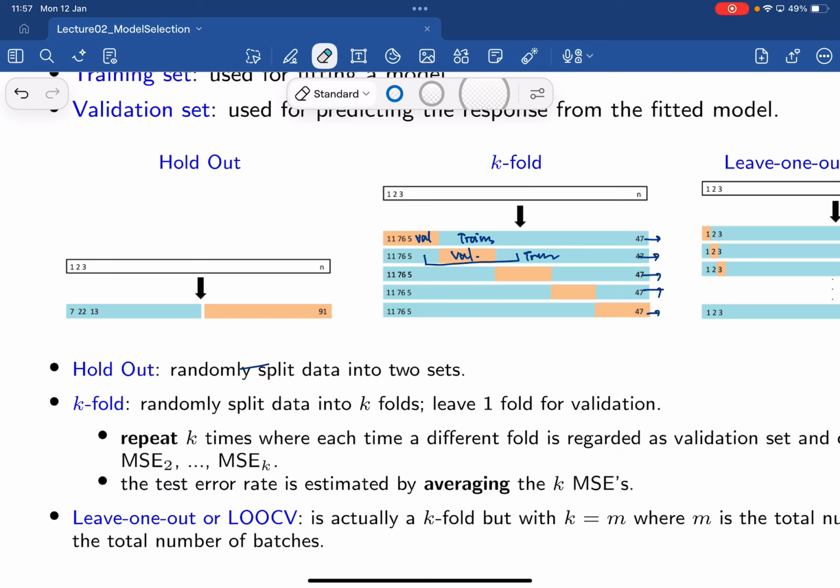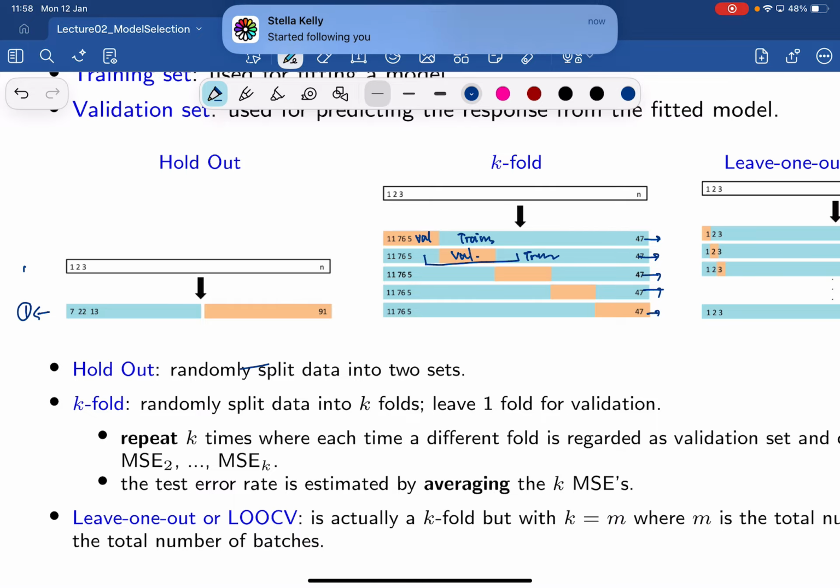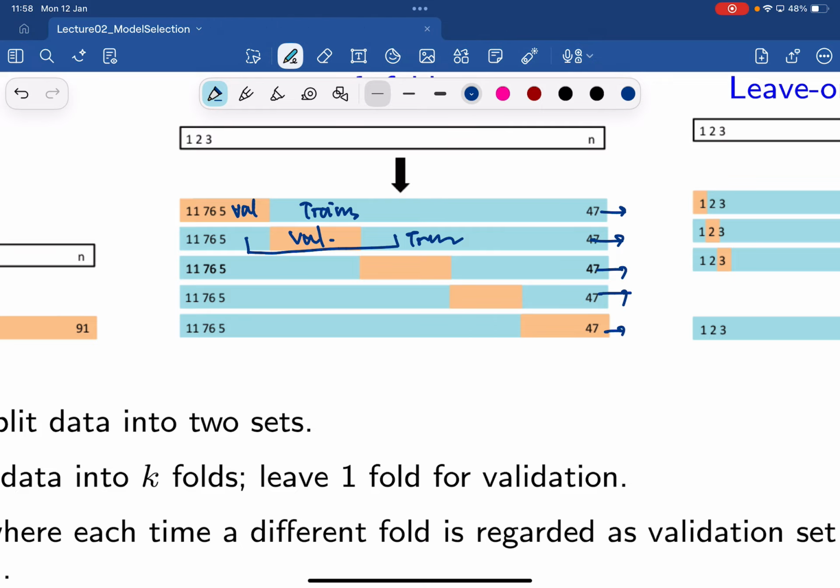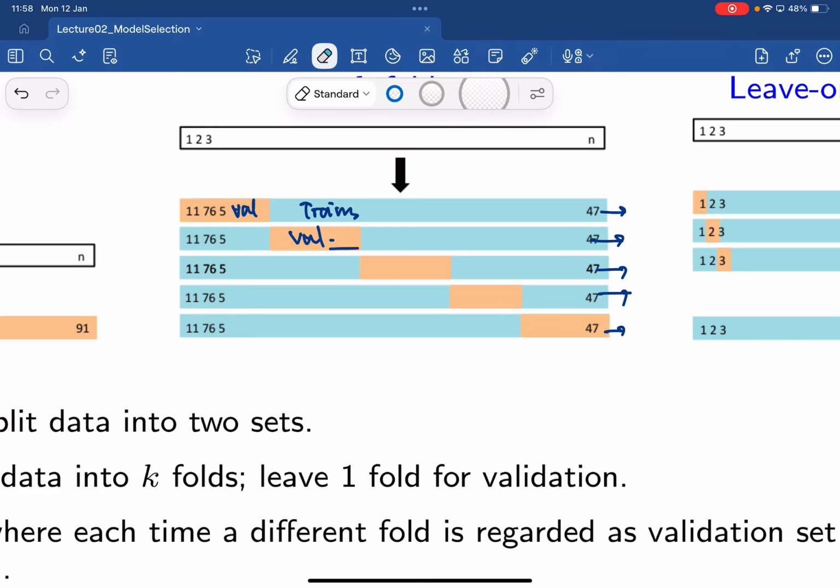Which is different from your previous setting, that is the holdout. You get only 1 validation performance and maybe 1 training performance. But with this one, you will get 5 validations and 5 trainings. What you will do after that is perform what we call averaging. So if you average all your validation scores and training scores, what you would see is